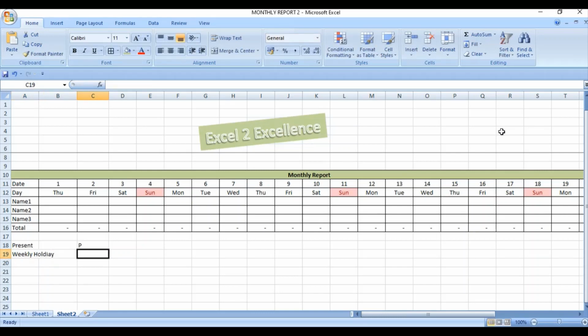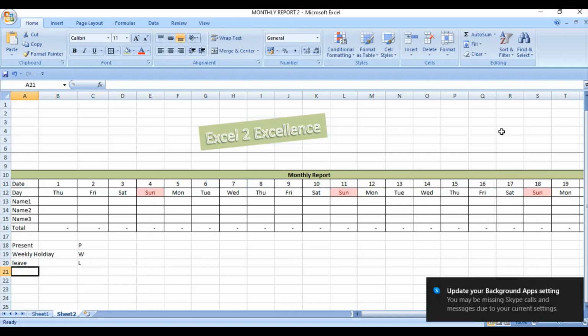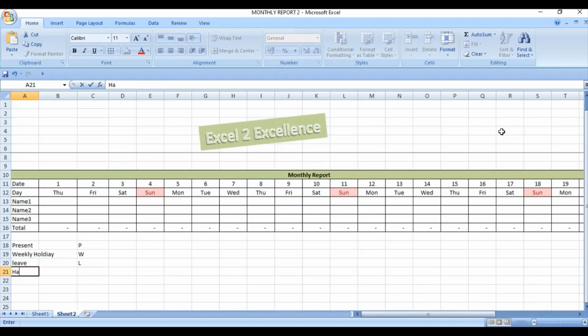W for weekly holiday, that means Sunday, L for leave, and L.5 for half days.